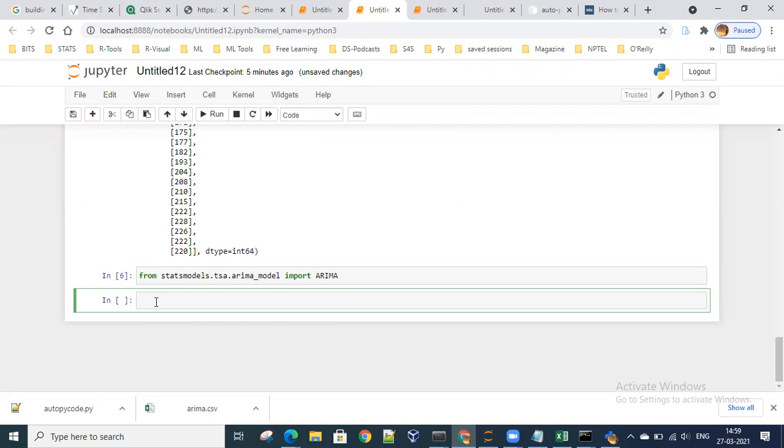This will import ARIMA. I'll say model is equal to ARIMA, df dot... okay. Before doing this, just give me a second.